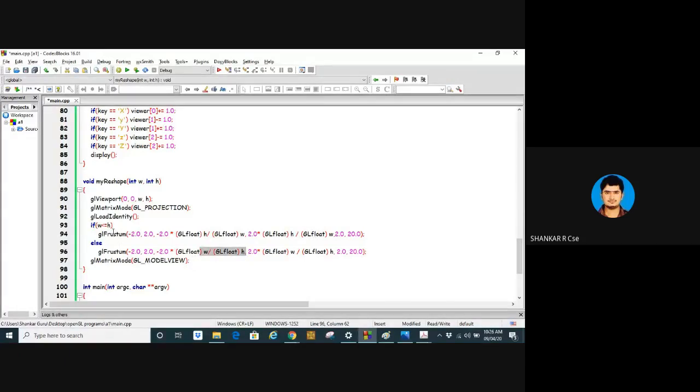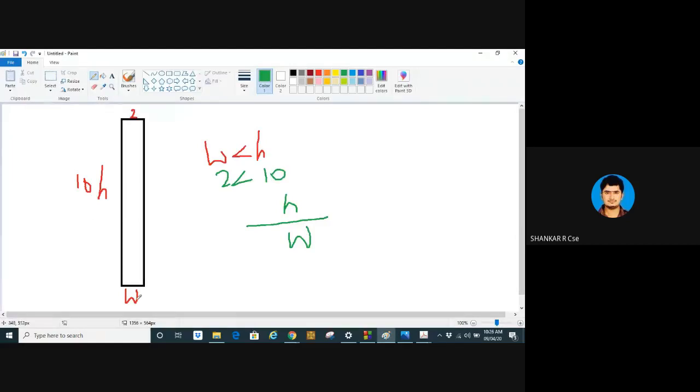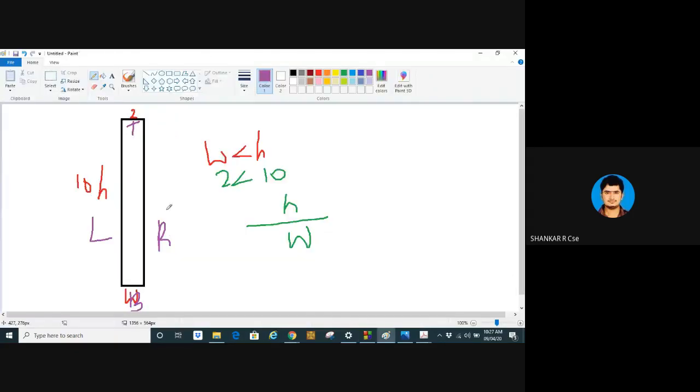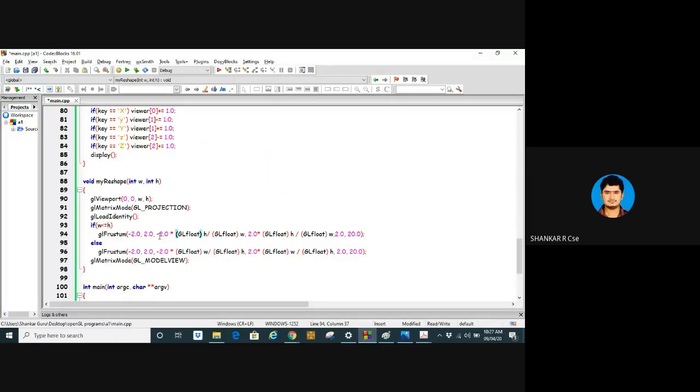And same concept. If width is less than height, in this case only, you remember this also we had shown. This is your left, right, and this is your bottom. This is your top. So only B and T, bottom and top, change. That is why I have written, you can see this is LRBT near far. So in this case, bottom and top change. So bottom, you maintain the aspect ratio, and top also maintain the aspect ratio. Other ones remain the same. Whereas in the opposite case,